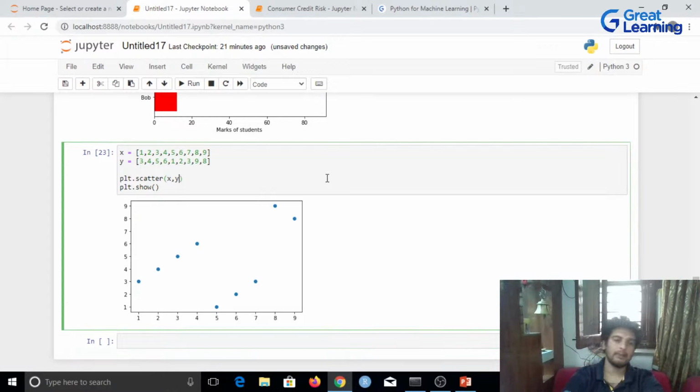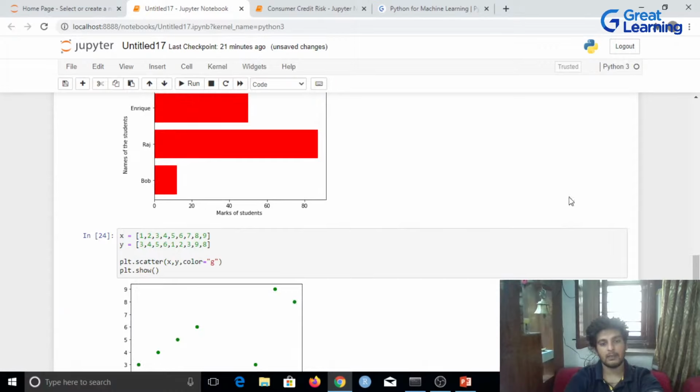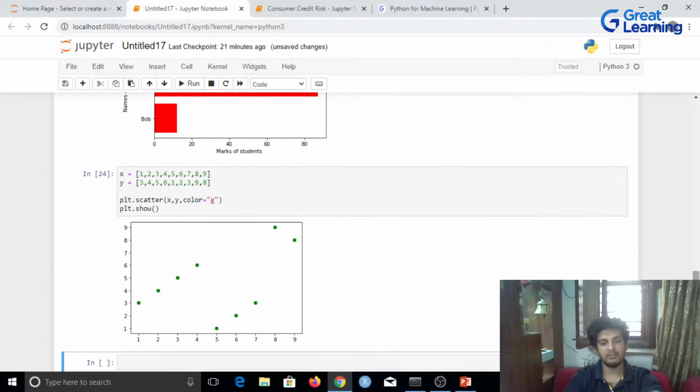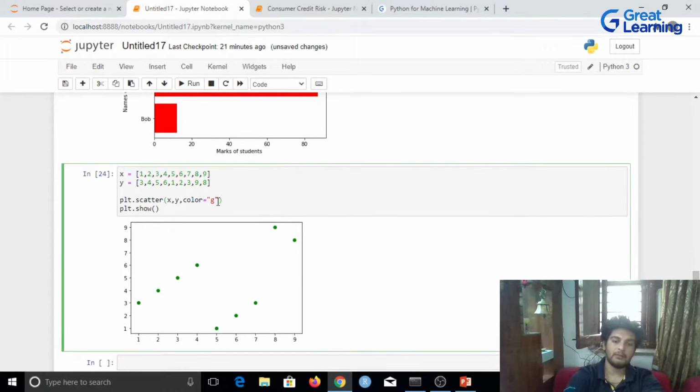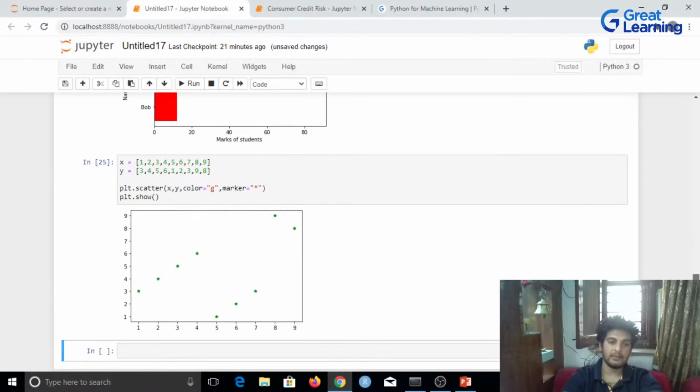Now after this, let's say again, if I would have to change the color, I'll have color, let me just set it equal to green. And as you see, all of these have been changed to green. Now similarly, if I would want to change the marker, I'll write down marker and I'll put in a star over here, and again I'll hit on run, and this is the result which we get. So as you see, I've changed the color of all of these markers, and also I've changed the marker. So initially this was a solid circle, I've changed that solid circle to a solid star.